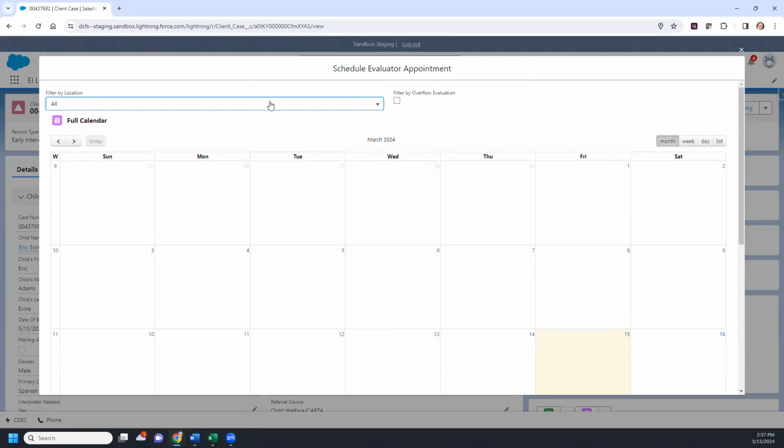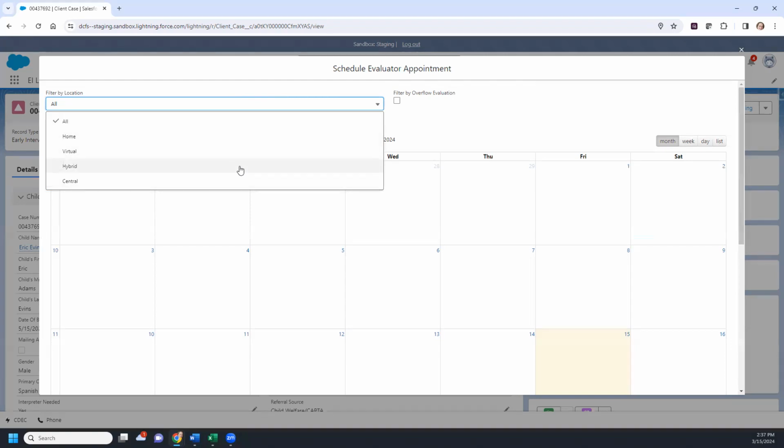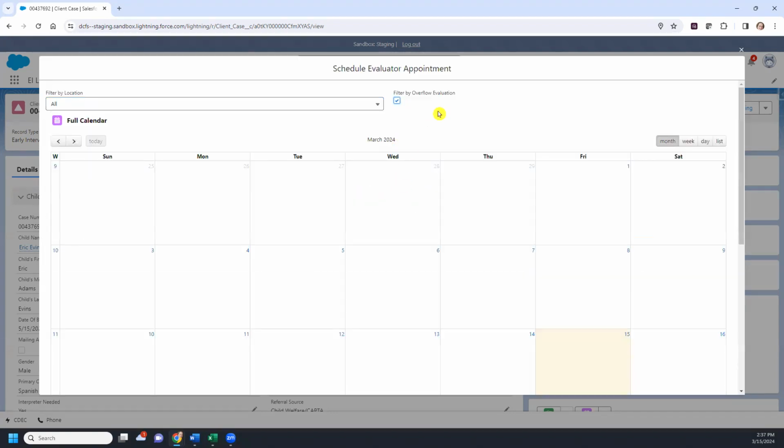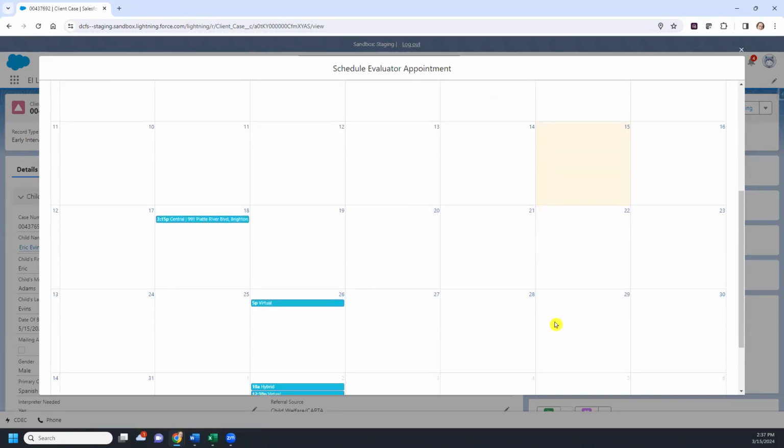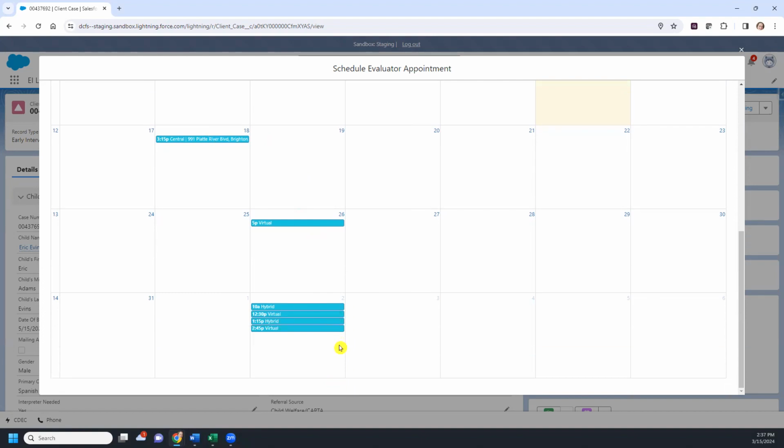Additionally, there are some new filters on this calendar. You can filter by a location, which in this example is not going to be very practical because all of the locations are hybrid. You can also filter by overflow evaluation. So by checking that box, now you see those appointments on the 27th, 28th, and 29th are no longer available because they are not overflow evaluations. But we have some new appointments on the 18th, the 26th, and the 2nd that are all identified as overflow evaluations. Again, overflow evaluations can be used if there are no available appointments from the evaluation entity that serves the